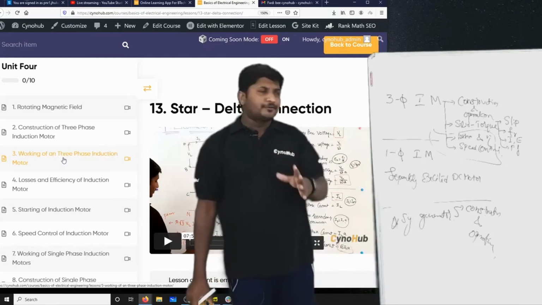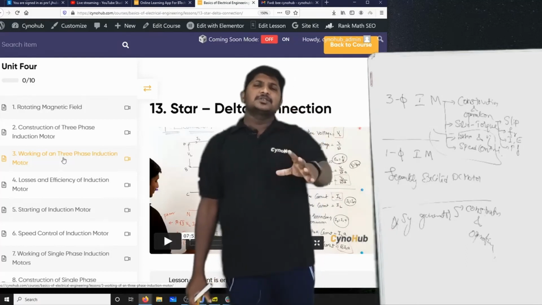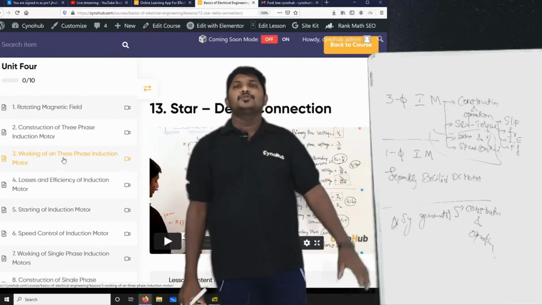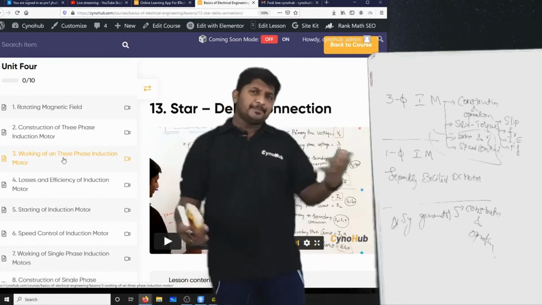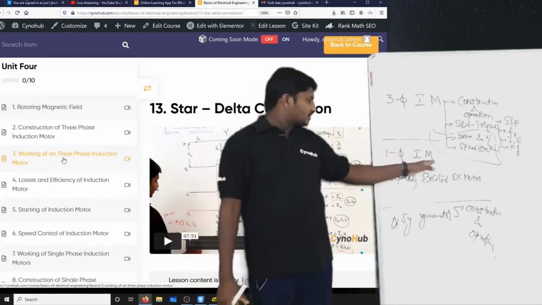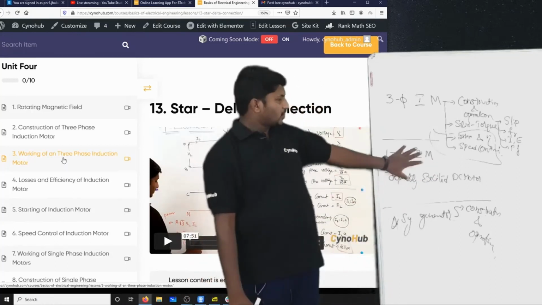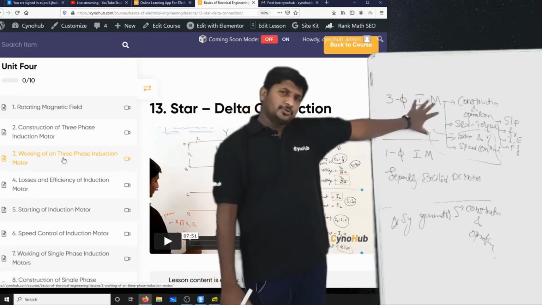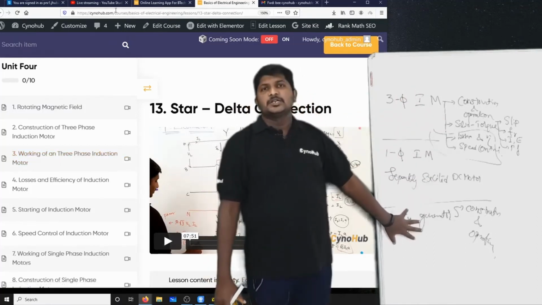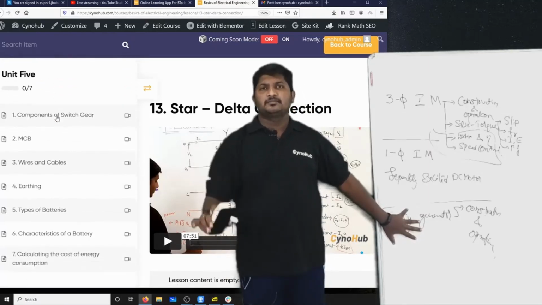Okay. So, if you prefer part number 1 and part number 3, definitely you will answer a question from unit number 4. If time permits, go for single phase induction motor and separately excited DC motor. Otherwise, you leave these two machines and read three phase induction motor totally and read this small topic of synchronous generator. That's it.